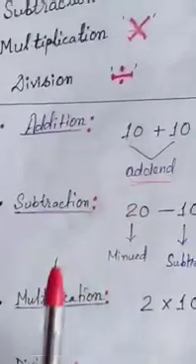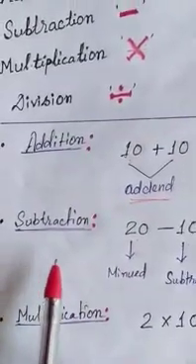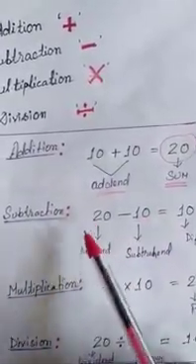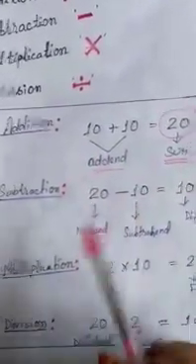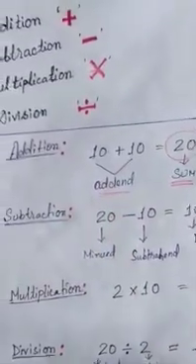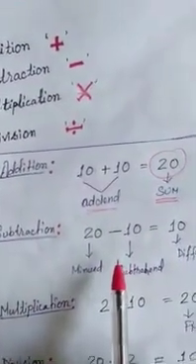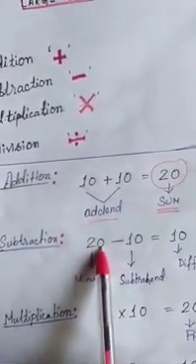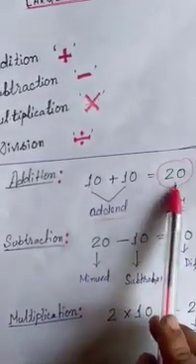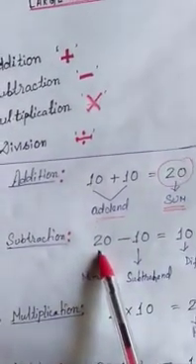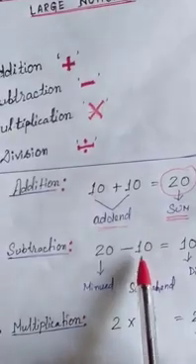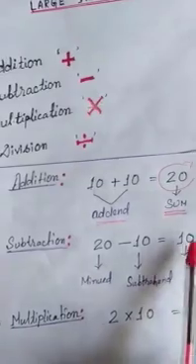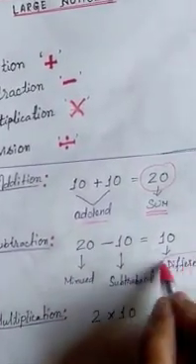Similarly, in subtraction also there are some terms we are using. What do you mean by subtraction? What I have told you, separating from the total. I have shown it with the pens example. So if the larger number, the total sum here, is 20, from 20 if we subtract one chocolate price, that is 10, so 20 minus 10, how much will you get? 10.